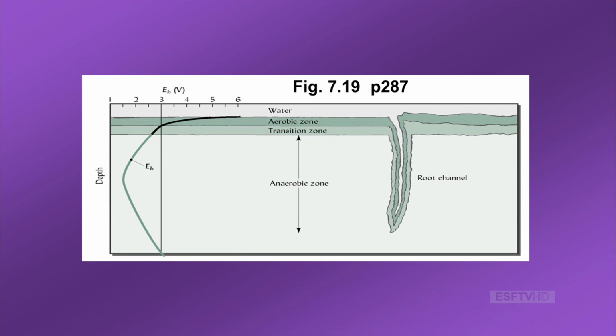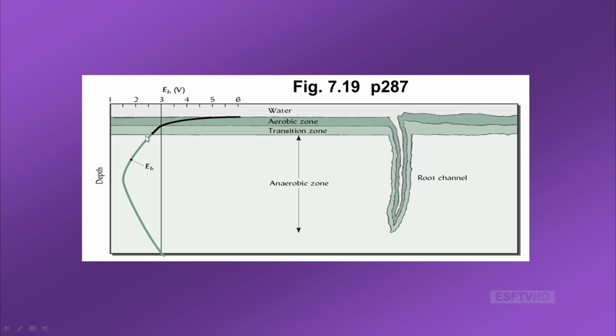So let's take a look at what that last picture is on a graph. Okay? So here's water. There's a slight bit of aerobic zone. There's a transition zone. Then this anaerobic zone is where all that oxygen is dissipated. And here's what it looks like. The EH takes a big drop, goes to small numbers, so we know that indicates a poorly aerated soil, small